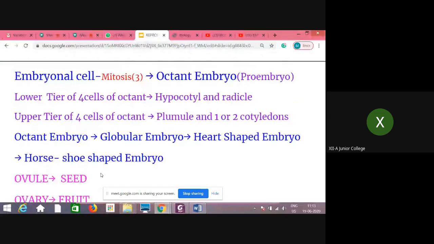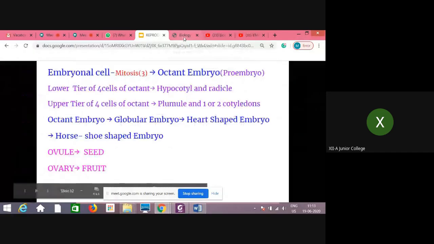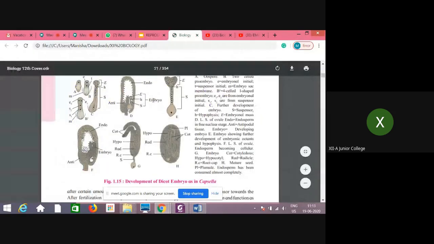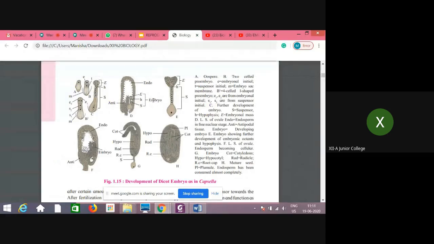Now I will explain with the help of diagrams, which I showed you first of all. So I'll come to the textbook again so that I can show you the textbook diagrams. Now you come to this. See, first diagram, this is labeled as A. What is this? Near this arrow, this is called the zygote,